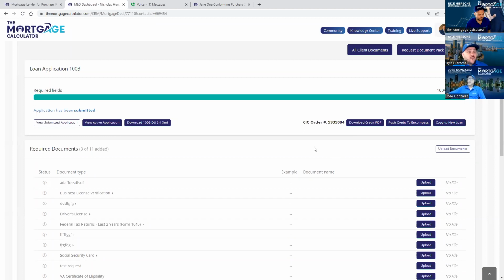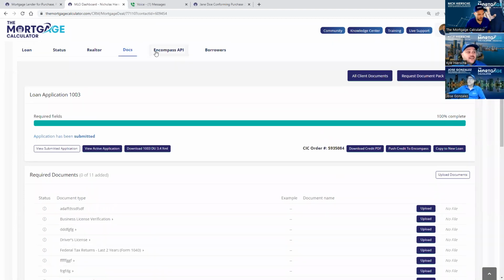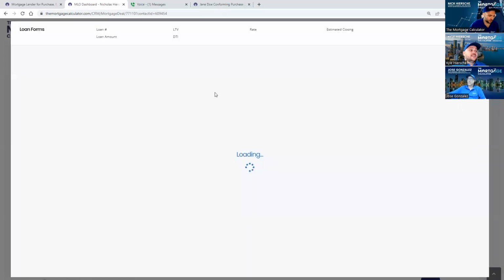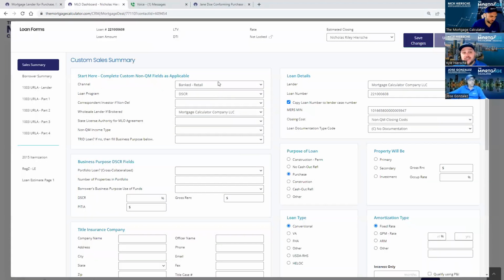So that way, when you have an application submitted, you now can click your Encompass API tab here on your system, and you can now see their entire 1003 in here, and the credit is already pulled and the credit is already here. So everything you need to do the loan is now here, and you can set the whole loan up here. And that way we can get the whole process done here in one system.